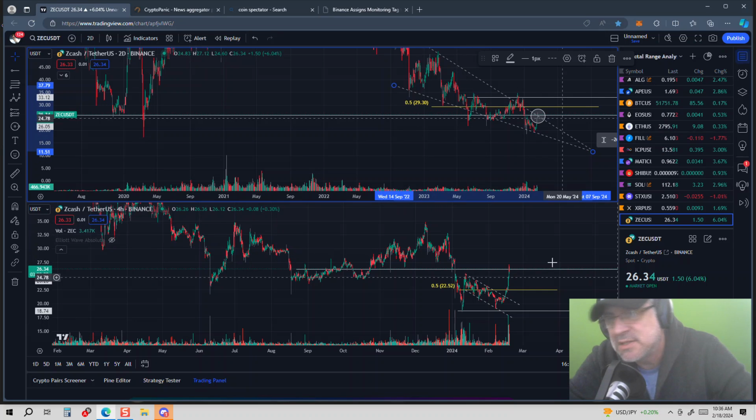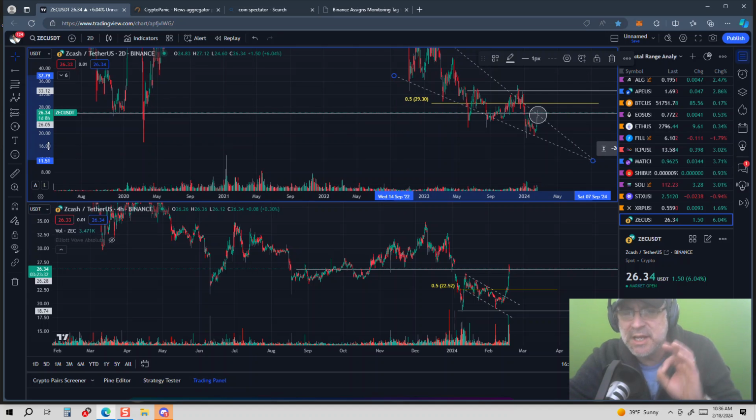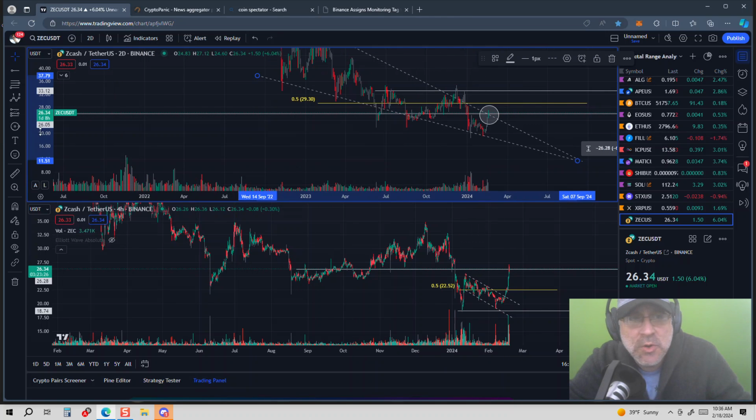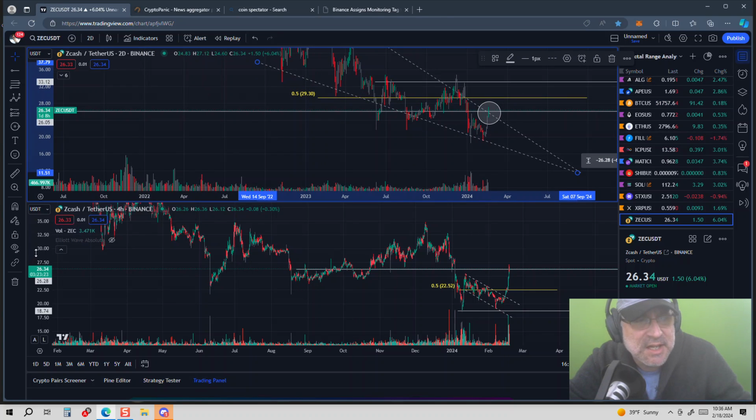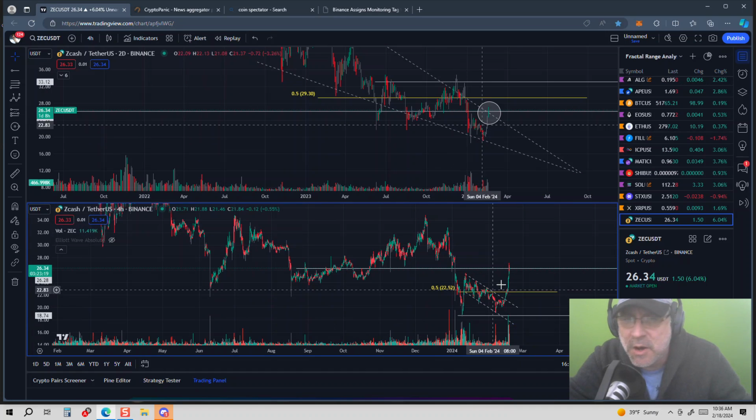Presently, we're at $26.34. So in order to get more insight into what we're doing here and look in more detail at what the bears and the bulls are doing at this battleground, we're going to go into the micro and do a forensic autopsy of where we are right now.